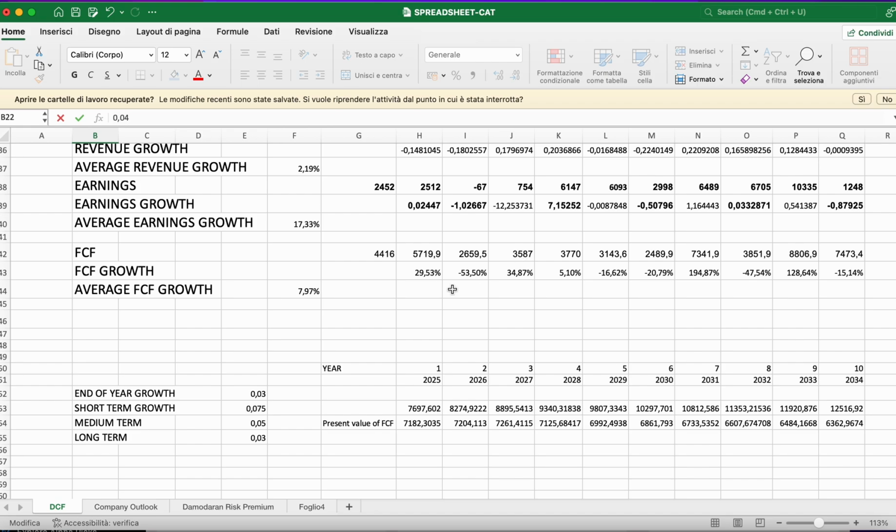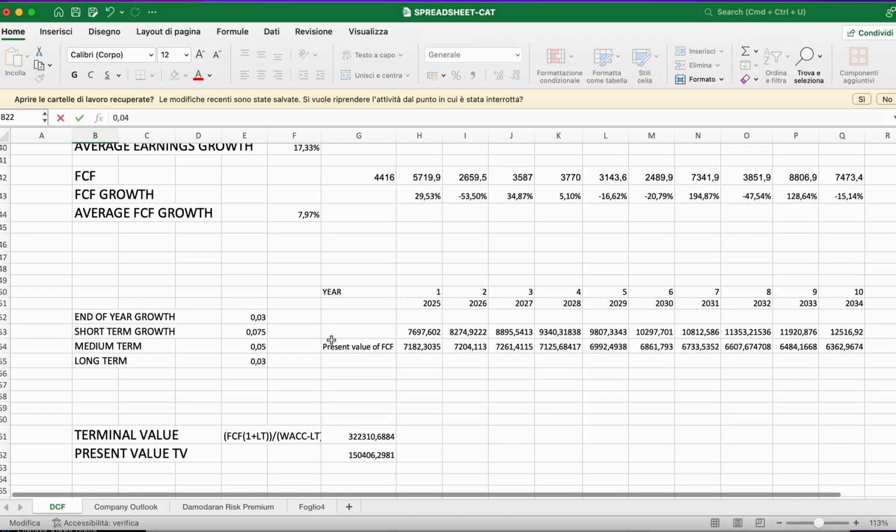So over here, we try to make assumptions for what we can expect for the future. For the short run, I've kept it pretty much at the same pace of what it has done in the past 10 years. So I've kept it around 7.5, and so on. And then from the fourth year onwards, it grows at 5%. This is my assumption.